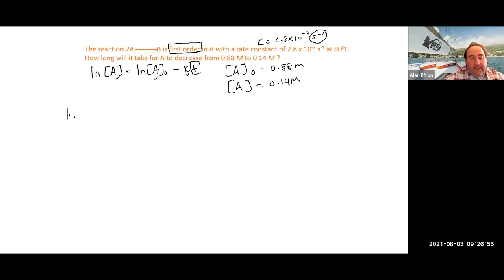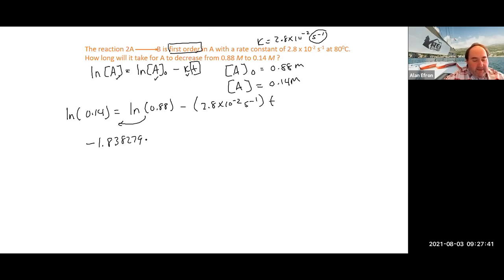So if we put in our numbers, the natural log of our final, which is 0.14, is equal to the natural log of our initial, which is 0.88, minus our rate constant, 2.8 times 10 to the minus 2 reciprocal seconds, and our time. When I do this, I take the natural log of 0.14, hit equals, then subtract the natural log of 0.88 to the other side, and if you do that, it gives you a negative